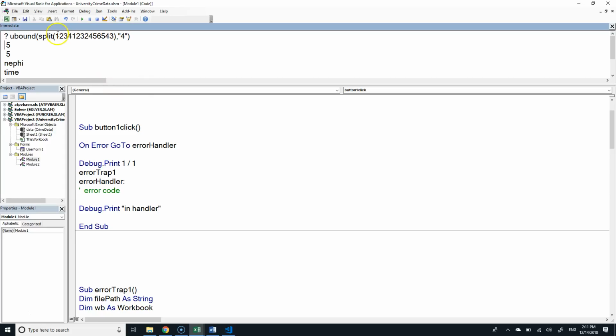How'd that give me a subscript out of range? Oh, I got it in the wrong place. So it's a number, and it says, hey, you're trying to split this thing. I can make a number into a string. It converts into a string, and then it splits it based on that. This doesn't even have to be in quotes either. It'll convert this one as well. UBound returns the upper boundary, so the highest index.